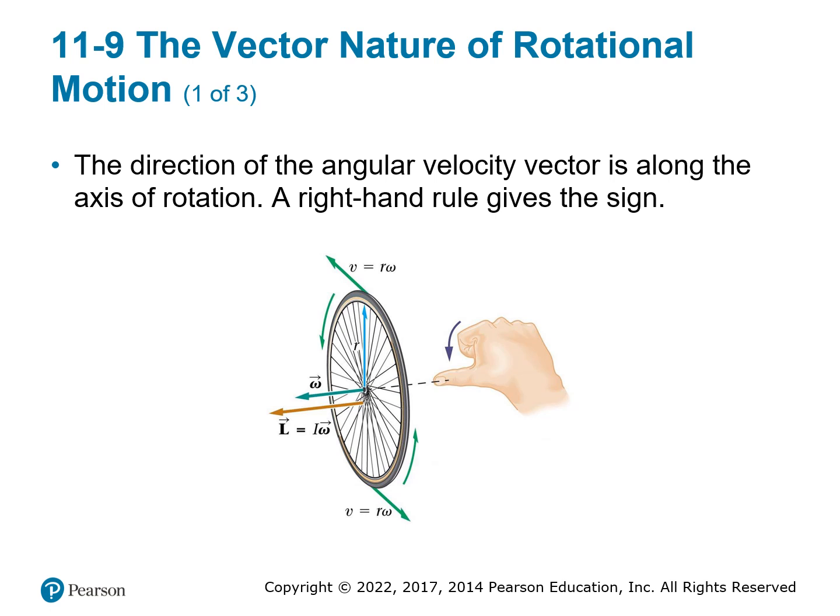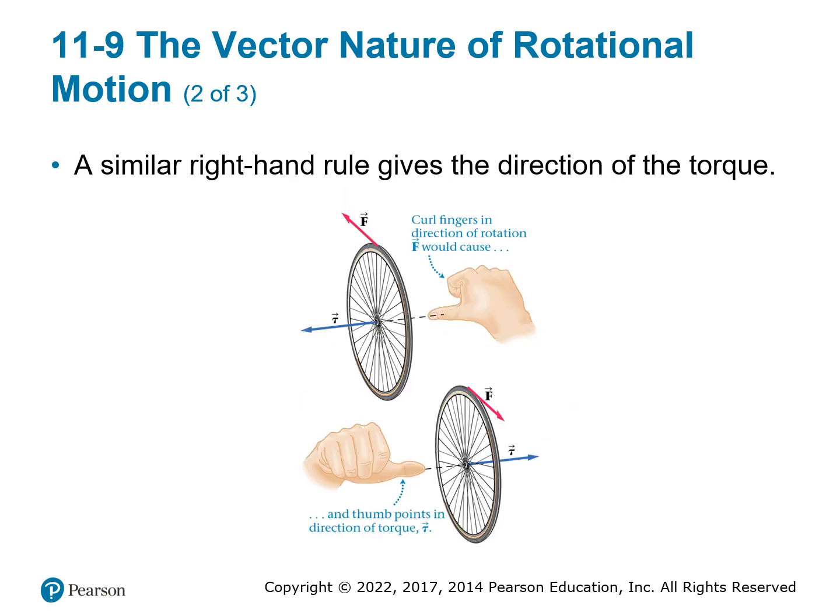Right, so we know that the direction of angular velocity is along the axis of rotation. You can use the right-hand rule to help you figure out the signs if you get confused. So for example, if you know the wheel is spinning and the tangent velocity goes this way, then you can curl your fingers to go in the same direction, and then whichever way your thumb points is the direction of your angular velocity and angular momentum, which also gives us the same direction of force.